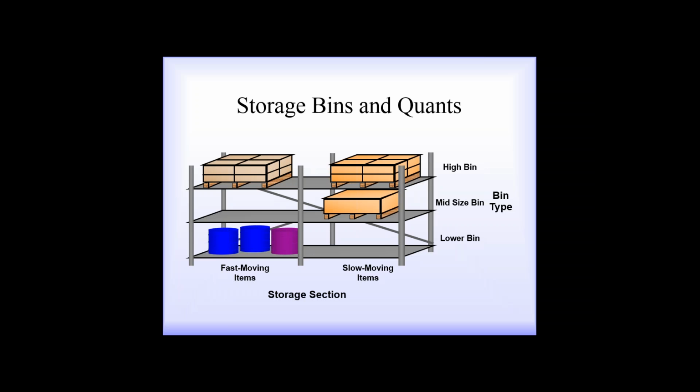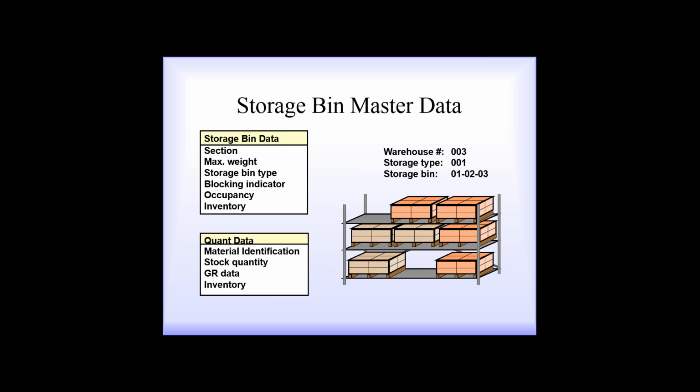So here it shows storage bins and quants. The screen shows how we have the storage bin generally defined in the warehouse racks, and how we define the bin sizes like high bin or big size or lower bin, which is generally what we use the bin type for. And then how do we define slow moving items and fast moving items, and how do we segregate them. So those things will be covered. And the storage bin master data, we'll cover all the master data and explain each and every field,